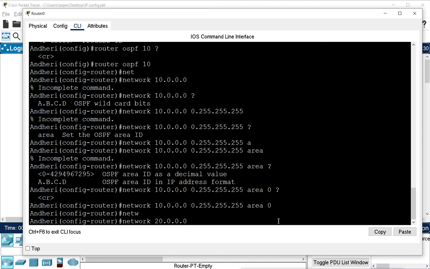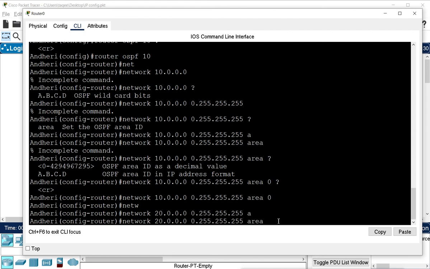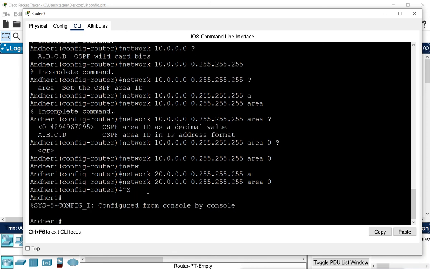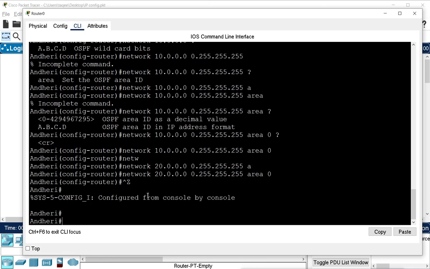So I will reverse this, and it will become 0.255.255.255. Then again area. Which area do I want to put this in? I will put it again in area 0 here. Now we don't have any more networks on this router to introduce, so the configuration is done here.